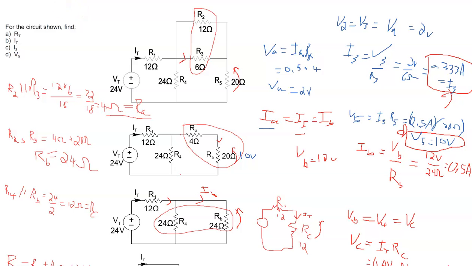Okay, so this current comes over here, and remember now that 1 amp came in here, half of it went this way, the other half divided into these two resistors, with the smaller resistor getting more of the current, the bigger resistor getting the remaining part of that current, which was the other 0.166 or 0.167 amps to make up the 0.5, right? And so that makes sense to us. Okay, so